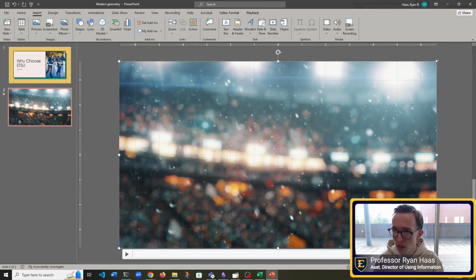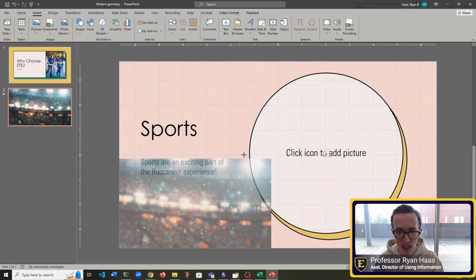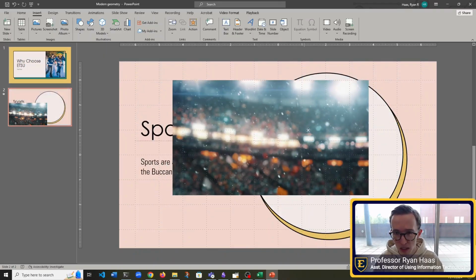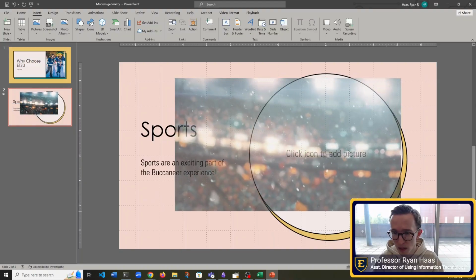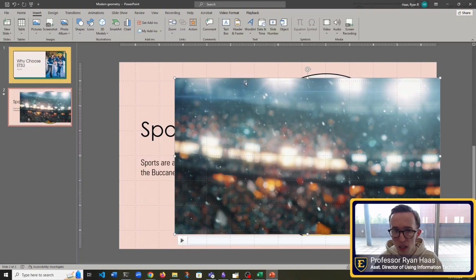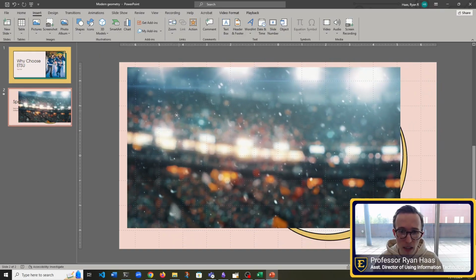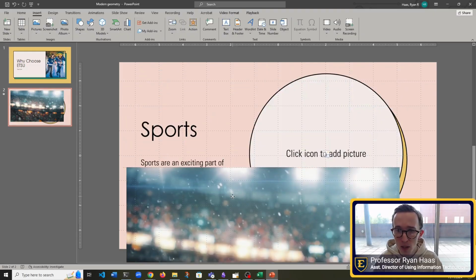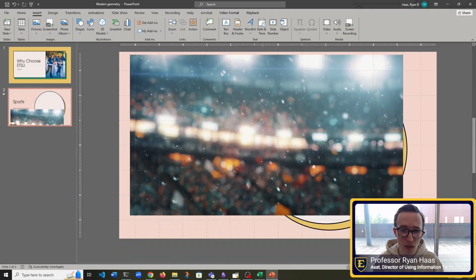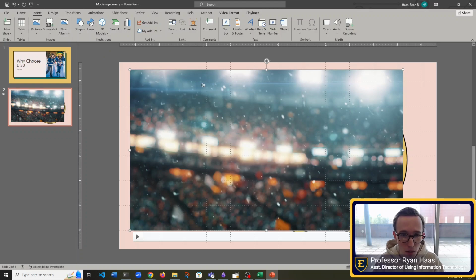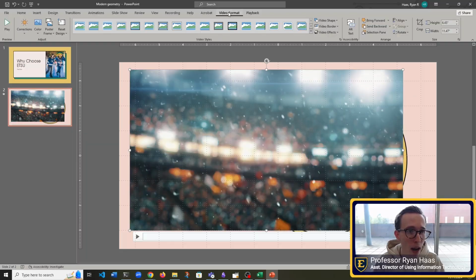So the first thing I'm going to do is click and drag the corner of this so I can size this down. And I'm going to, let's see, I'm going to make it about as big as that circle roughly. And now I'm going to crop this video. I'm going to try to fit it inside of this circle. So to do that, the first thing I'm going to do is right click, or actually let me go up here to video format, and I should have a crop option over here. I do. Crop.